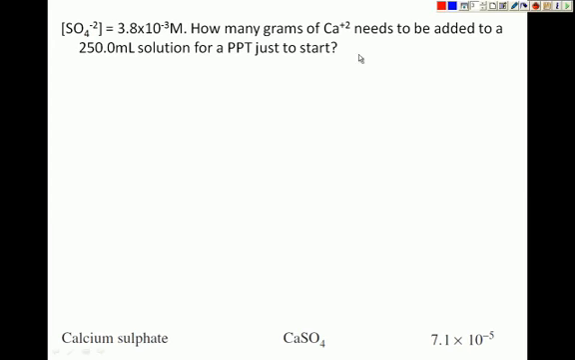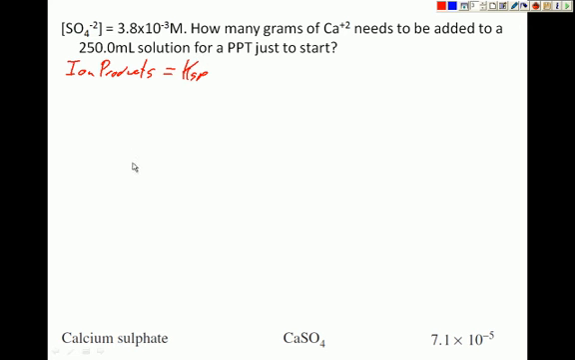Let's look at another problem right here. Here's a concentration of sulfate, and it says how many grams of calcium needs to be added to a 250 milliliter solution for a precipitate just to start to form. So in other words, we want a precipitate just to start to form. So our ion product needs to equal our KSP, because the KSP is at the verge,